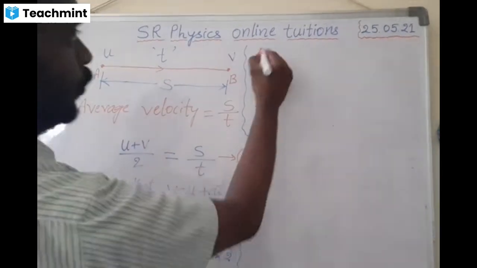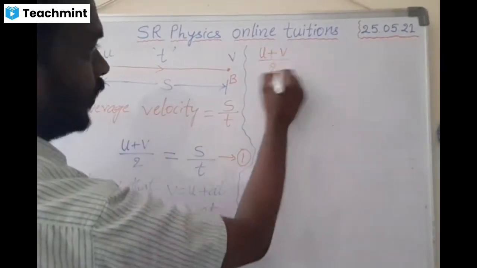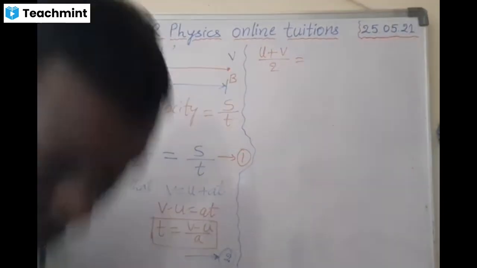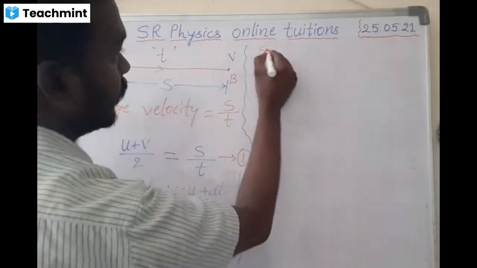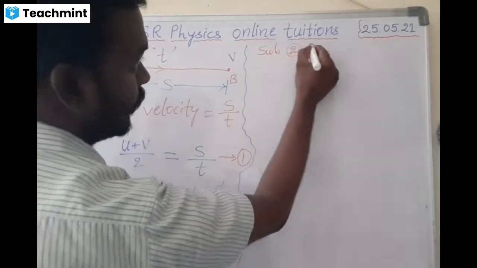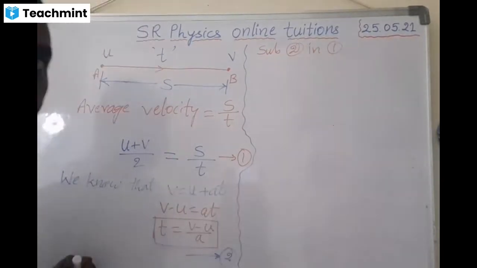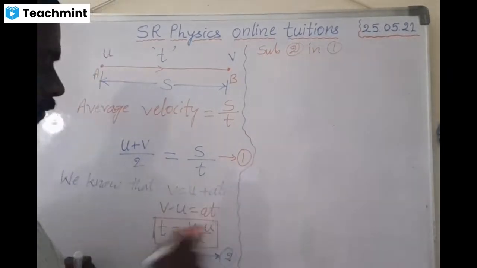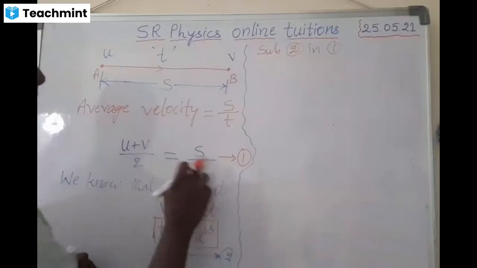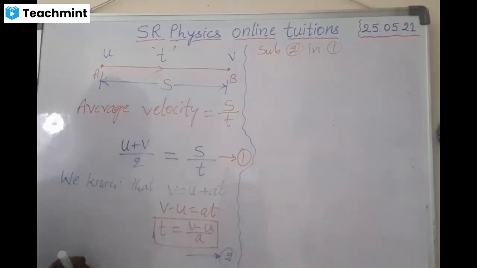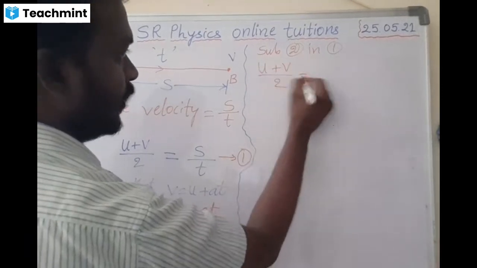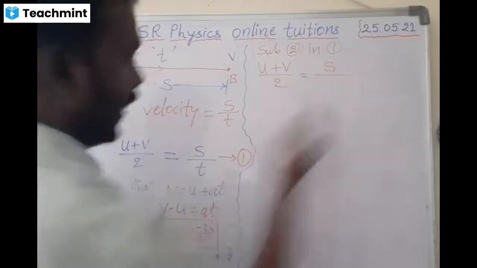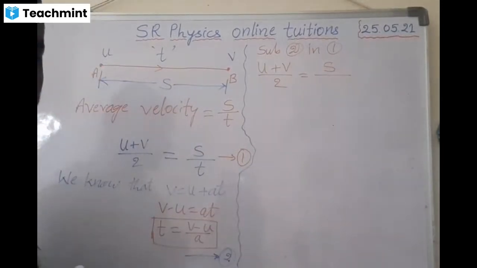So u plus v by 2 is equal to... before that, I have to write one more step. Substituting 2 in 1. Now let us see what we are going to get. What is the second equation? v minus u by a, that is t. In place of this t, we have to substitute this v minus u by a. So u plus v by 2 is equal to s by, in place of time,